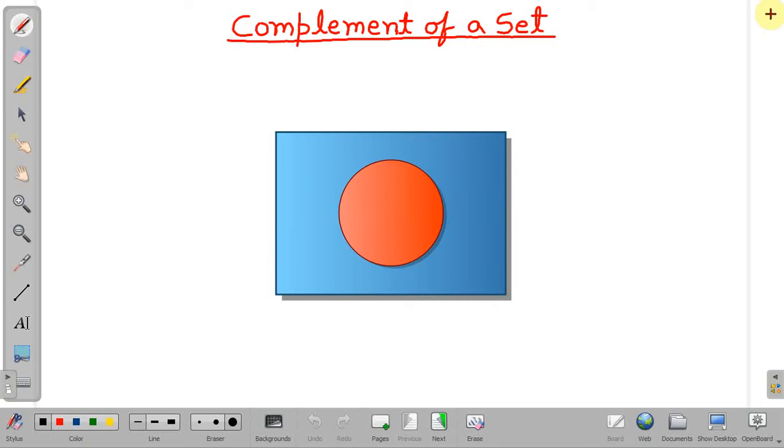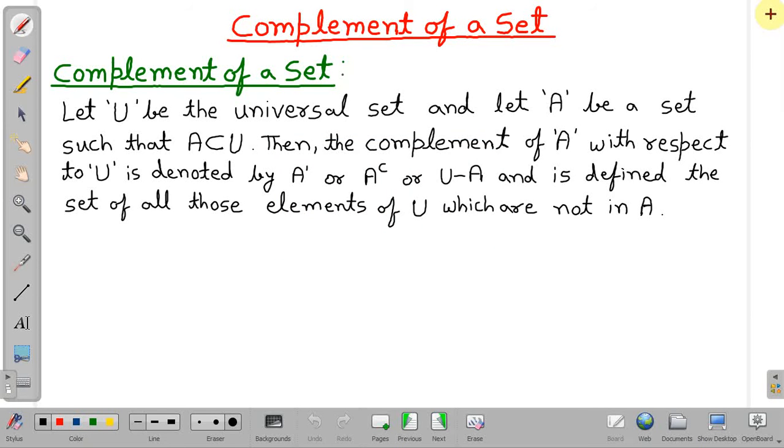In this lecture, we will discuss the complement of a set and how we represent it on a Venn diagram. Okay, so what is the complement of a set? Suppose U is a universal set and let A be a set such that A is a subset, or we can say proper subset, of universal set U. Then we define the complement of set A as the set of all those elements of the universal set which are